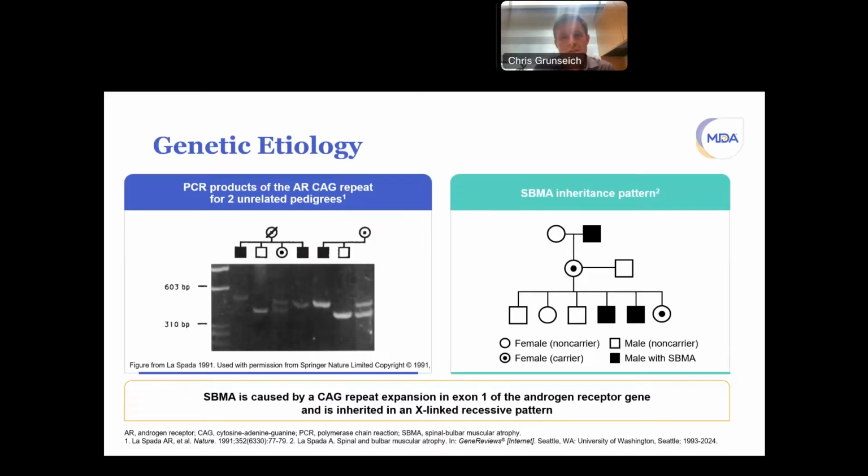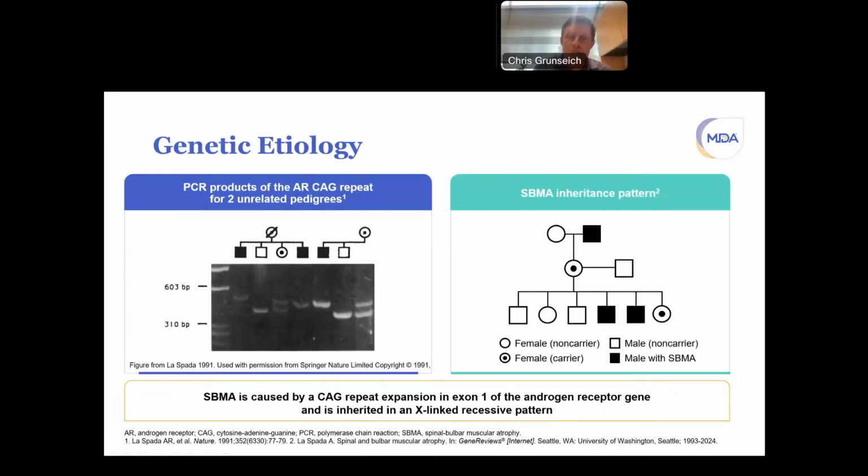What this gel is showing is the PCR from the blood targeting the androgen receptor gene. We know that if someone has a normal unexpanded copy, when that PCR product is made, the gel product migrates lower on the gel. So what you can see here in the second male from the left, on the left side of the gel, is that that band is running higher compared to the normal band, underneath the dark shaded square. So the male individual who's affected has an